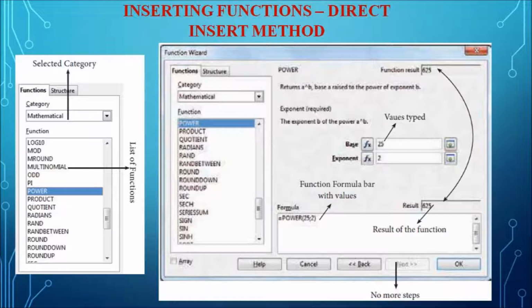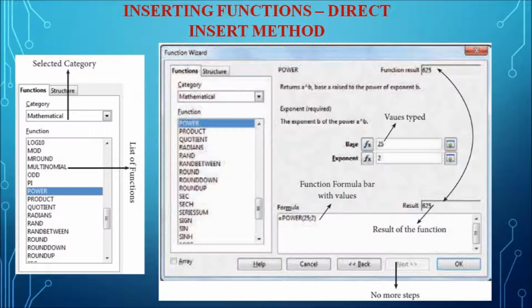So like that it calculates the total value from A1 to A4. While inserting a function, some points are to be kept in mind. The first one is a function should begin with an equal sign, and the proper name for the function must be used. If there is any spelling mistake or any error in the syntax, the function will not work. The third one is arguments should be given within the brackets as per the syntax. The term argument is nothing but range 1, range 2, range 3, like that. The values which you are giving within the brackets are called arguments.